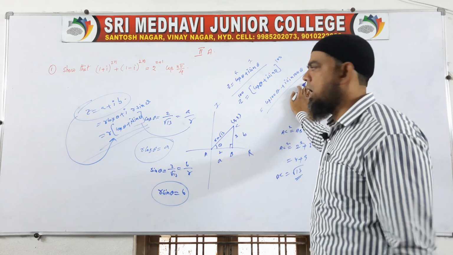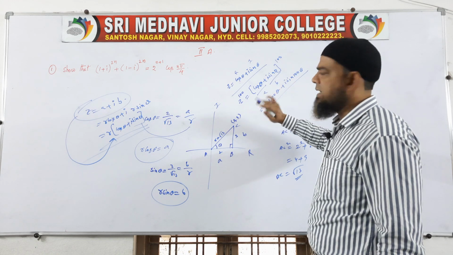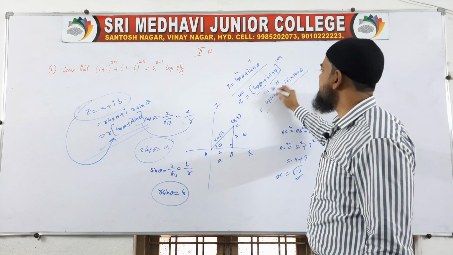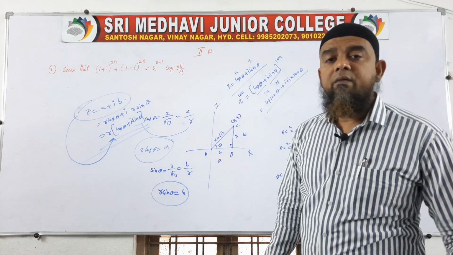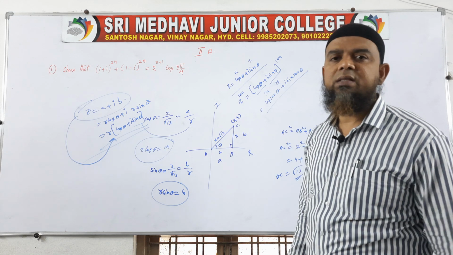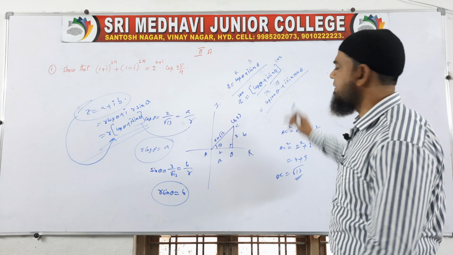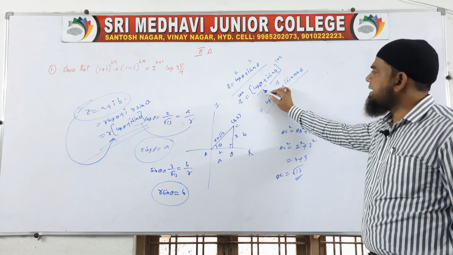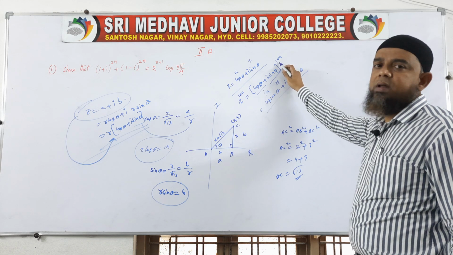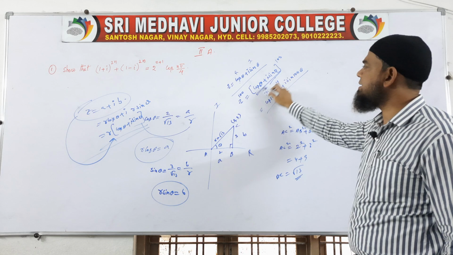Otherwise, you see here, this is A and this total is B. Think that. Otherwise, it is X and it is Y. X plus Y whole power 100 means it is a binomial expansion. We will get 101 terms in that. So, that is very difficult to find. It is the short form according to De Moivre's. What he is telling, cos theta plus i sin theta whole power 100, it is possible only when the complex number is in this form.